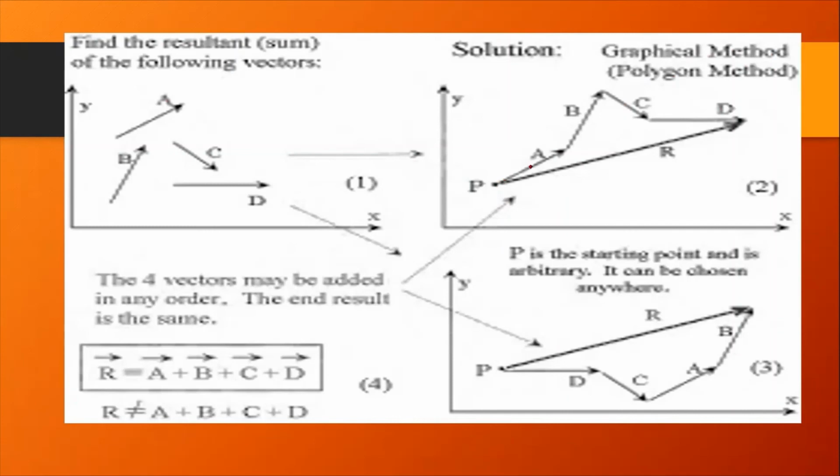For example, this is vector A, and we will move from vector A now. We will join vector A, vector B, vector C, vector D. We will take whichever direction is given to us. In the first case, this is vector A, then it is inclined upward, so we will take vector B like this. Then on the head, you can see this is going downward, so we will take it downward. Then it is going straight, so we will take it straight, and then we will join it like this, and this is the resultant.